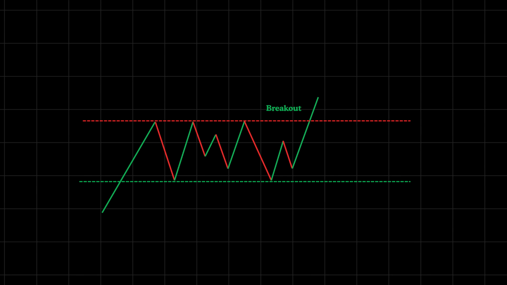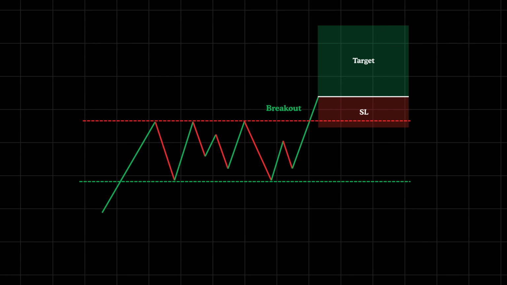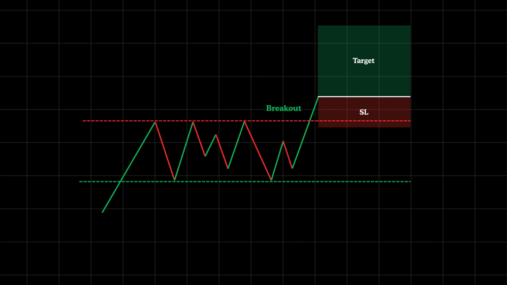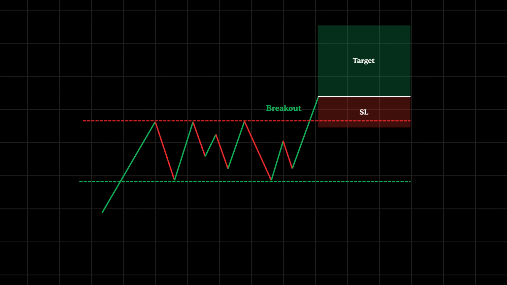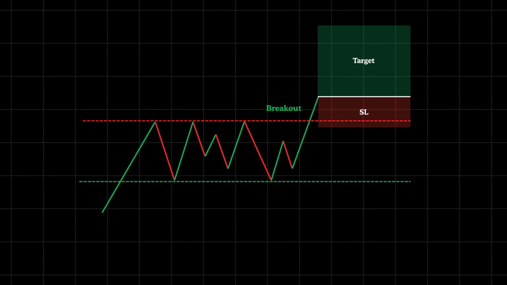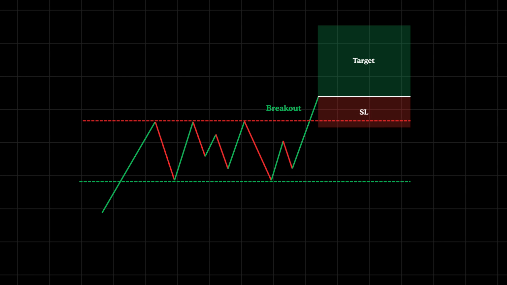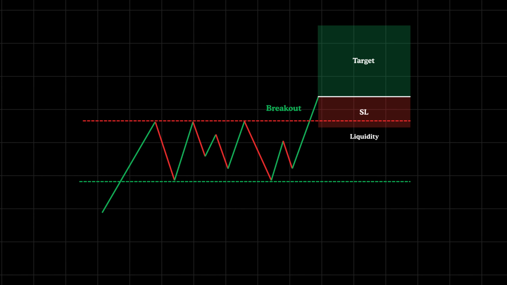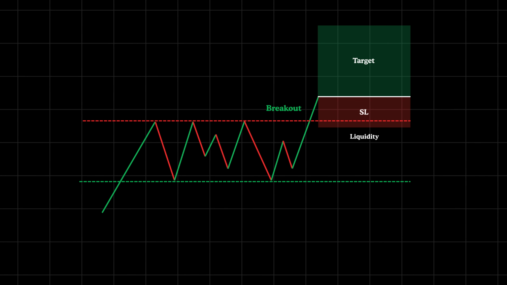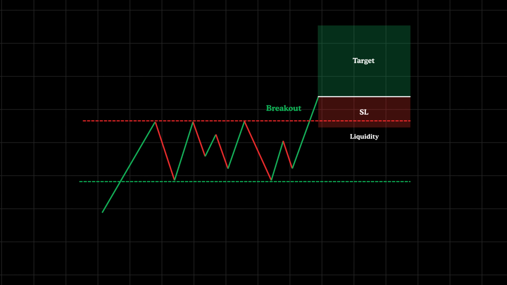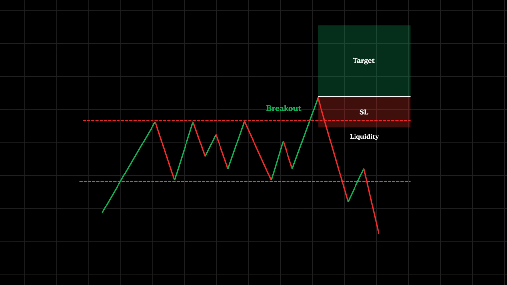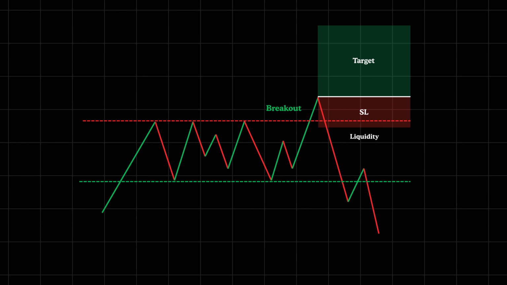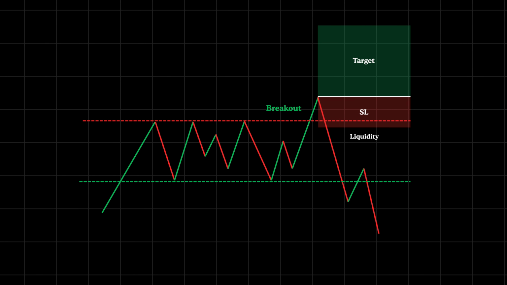This breakout leads many retail traders to assume a genuine range breakout is underway, and they start entering trades in the direction of the breakout, placing their stop losses just outside the opposite side of the range. This surge of new positions generates a significant amount of liquidity in that breakout area. Once this liquidity is present, smart money or institutional players use it to fill their own large orders by triggering a sharp reversal,